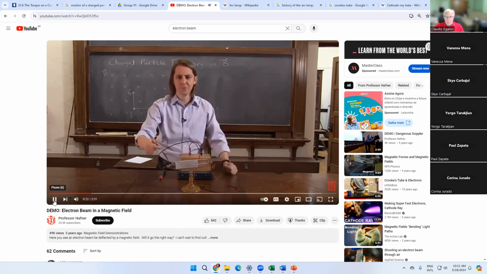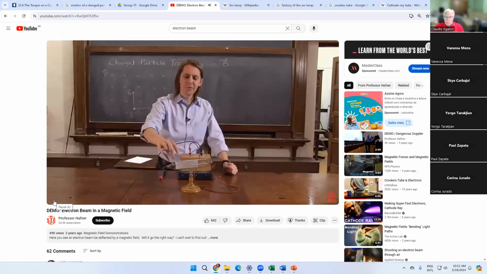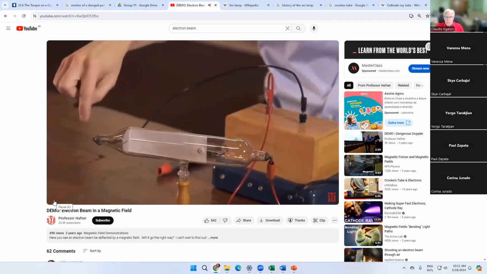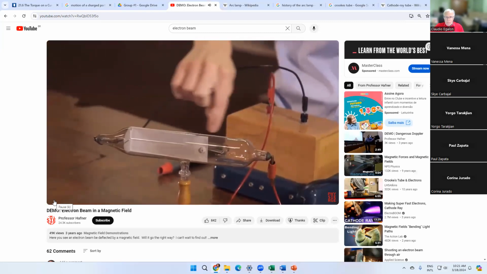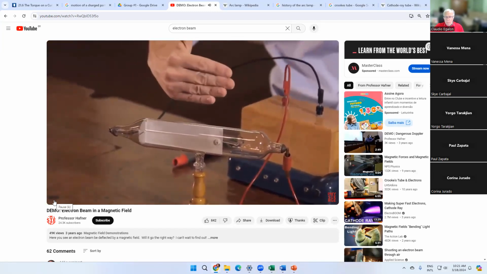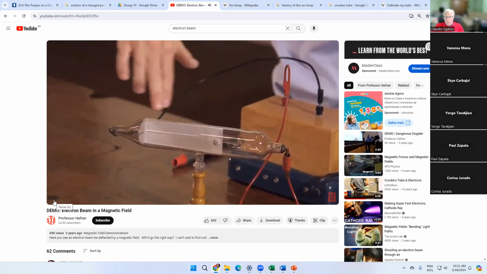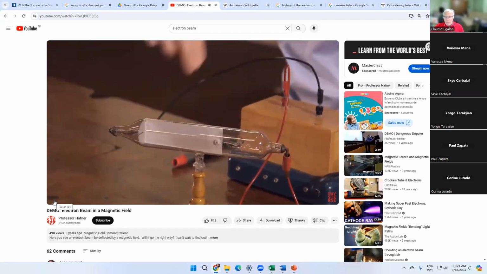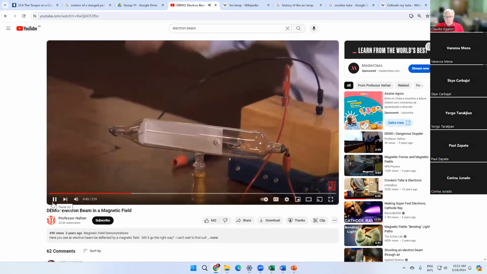It doesn't charge up too much. But mostly you have electrons flying up this electrode, and most of them go straight to this metal plate, and that's the end of the story. But there's a little slit in the plate. So some of them get through and make a beam that keeps going. So you've got a beam of electrons. And this little plate is tilted a little bit, so they slowly crash into the plate along this direction. The plate has a phosphor on it, so it lights up when they crash into it.